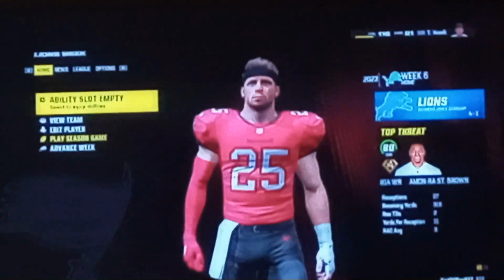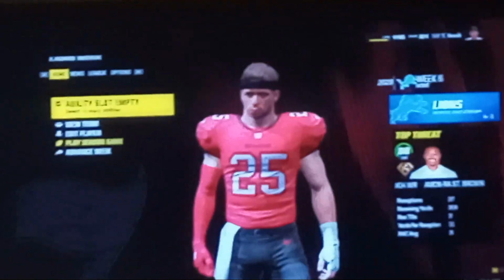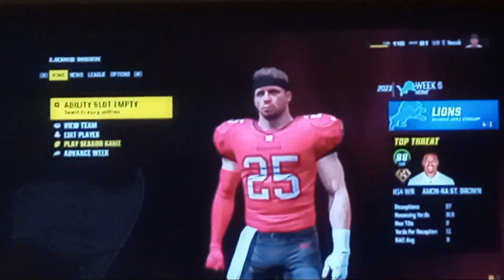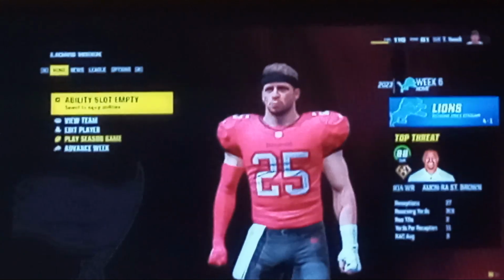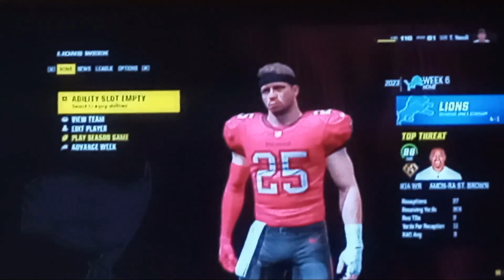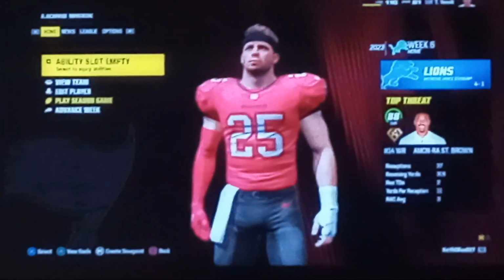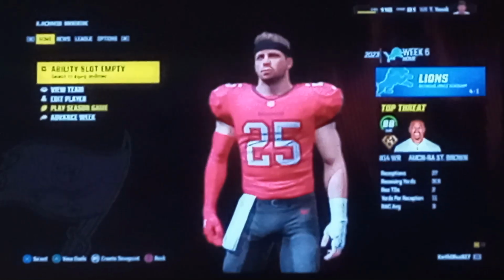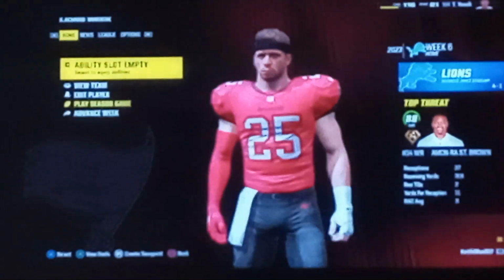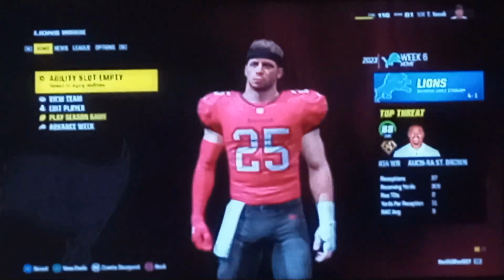Today we are in week 6 of our Madden NFL 24 Creative Player Franchise series, the Tristan Yanak series, and we are at home facing off against the Detroit Lions at Raymond James Stadium. So we are still undefeated. I'm assuming last episode we faced off against the New Orleans Saints and we won big time 77-6 on the